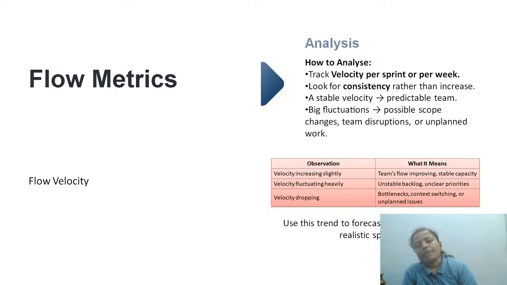Velocity is dropping. Clear sign, a lot of disturbances for your team in the flow. Some bottlenecks, like people are not completing the review process on time, they are putting it in the queue, they are not even taking it up, which is overall delaying the process, and it may slip